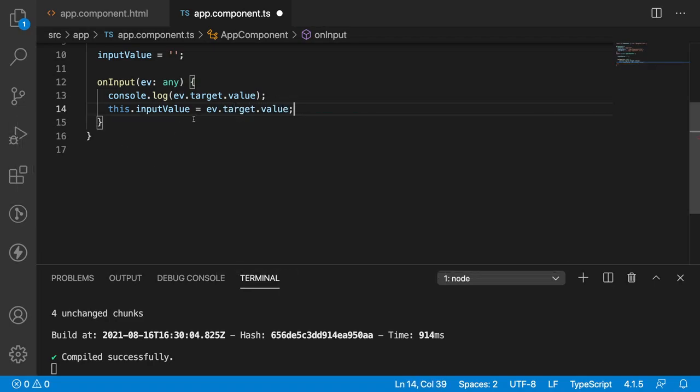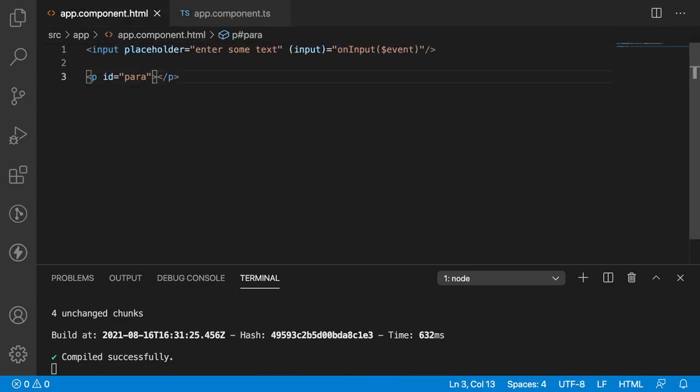So I'm assigning this event.target.value to my inputValue, and this inputValue I can use in my HTML by using interpolation. So this is one way where we can avoid using the ID, that means getElementById. Instead we can use interpolation, which is given by Angular, and that will take care of the value changes in this particular input value.